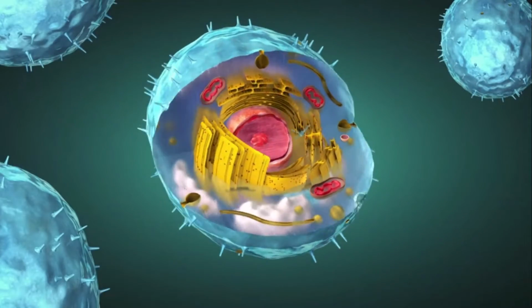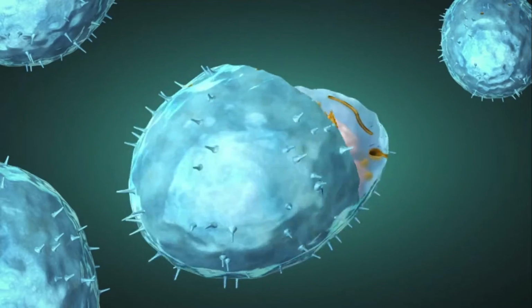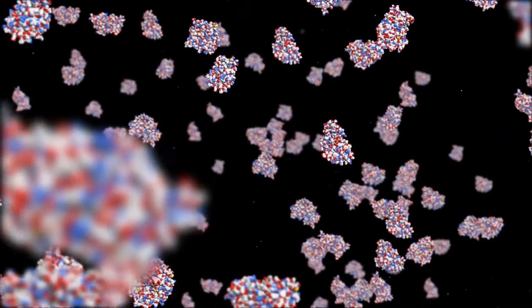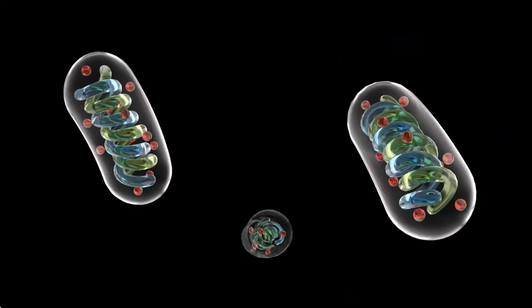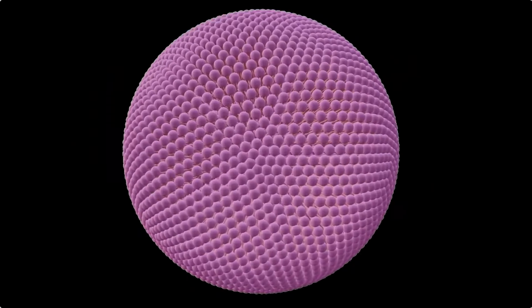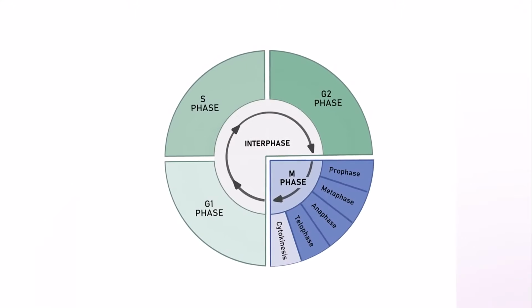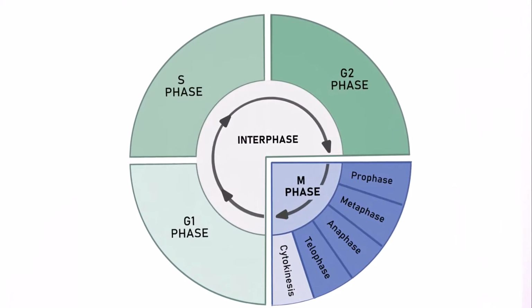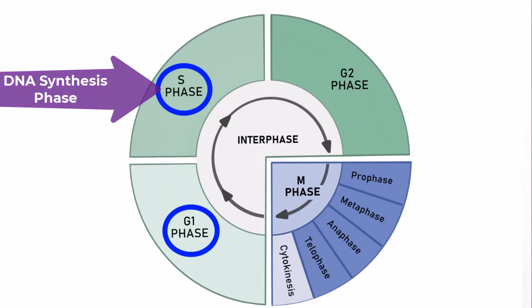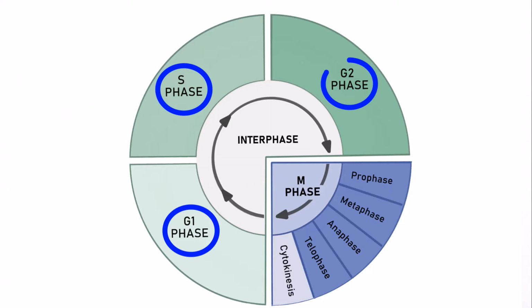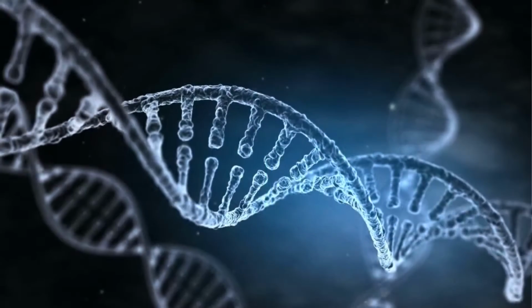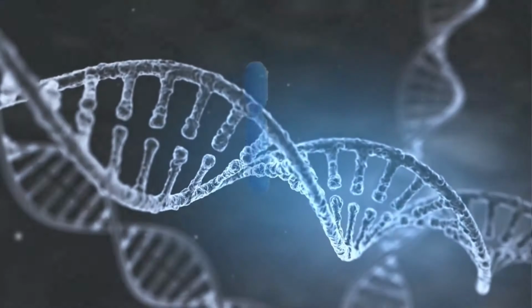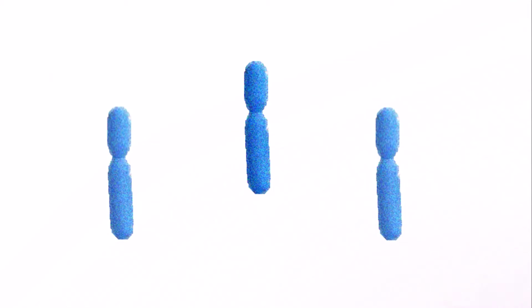While in interphase, a cell roughly doubles everything in its cytoplasm. It increases the supply of proteins. It increases the number of many of its organelles, like mitochondria and ribosomes, and it grows in size. Interphase can be divided into three subphases: the G1 phase, or first gap, the S phase, or synthesis phase, where DNA replication takes place, and the G2 phase, or second gap phase. The chromosomes are duplicated during the S phase. At the beginning of the S phase, each chromosome is in a single and linear form.